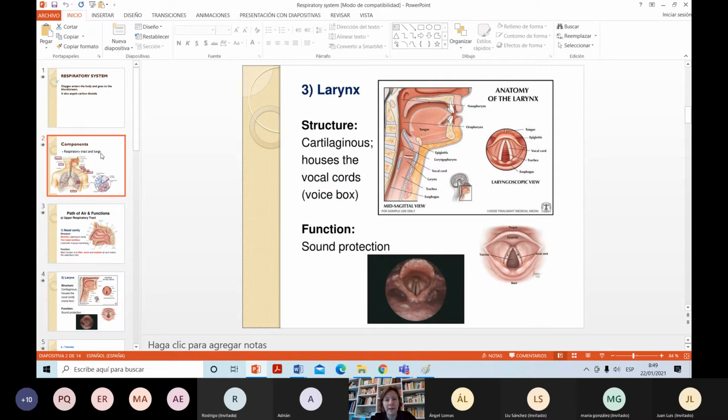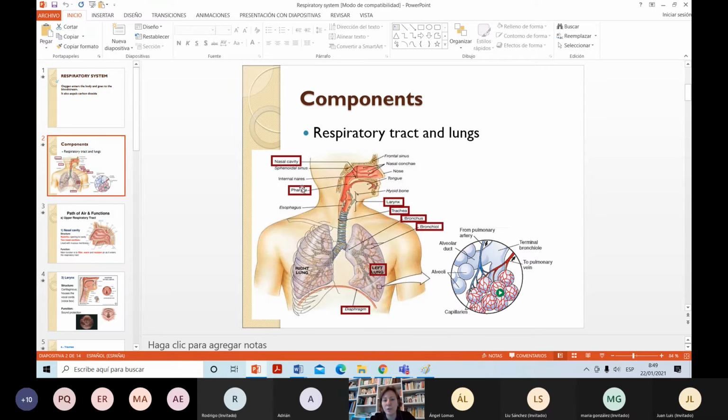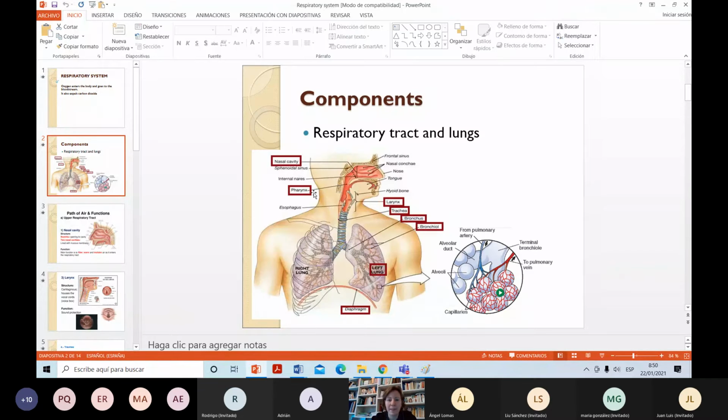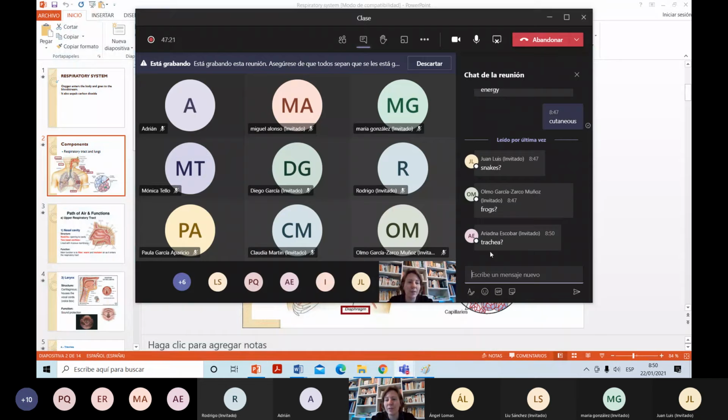Then from the nasal cavity, air goes to the pharynx, this common structure. And then following the pharynx, what is the next stage in our respiratory system? After the pharynx, we've got... what do we have after the pharynx? Vamos, chicos. After the pharynx, we already have something before the trachea. The trachea is the long tube that starts here, but we've got a tiny structure here.